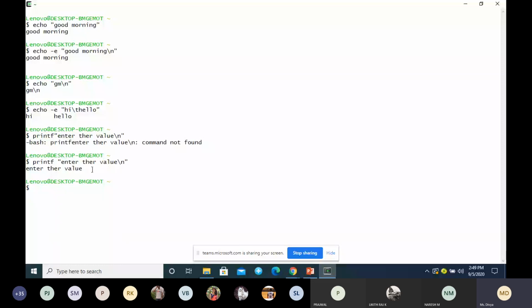The same thing you can use here. Suppose I have declared a variable, assume that we have declared a variable x is equal to 10.